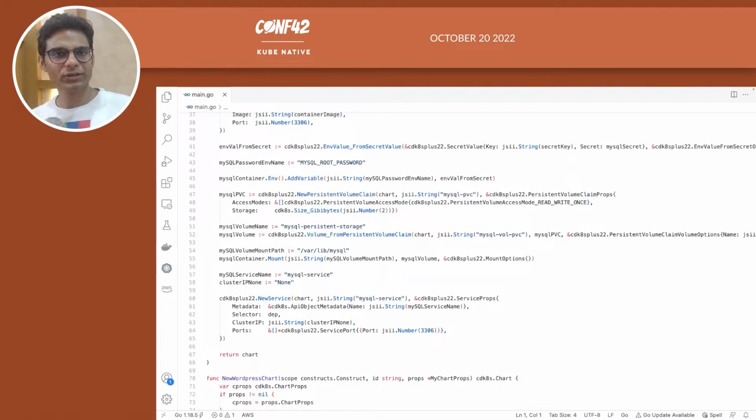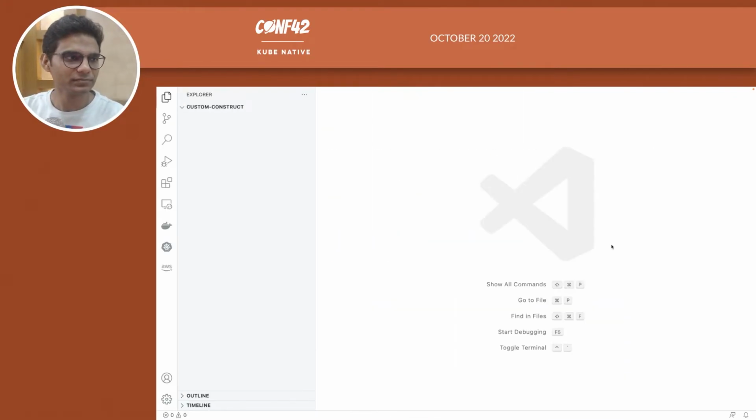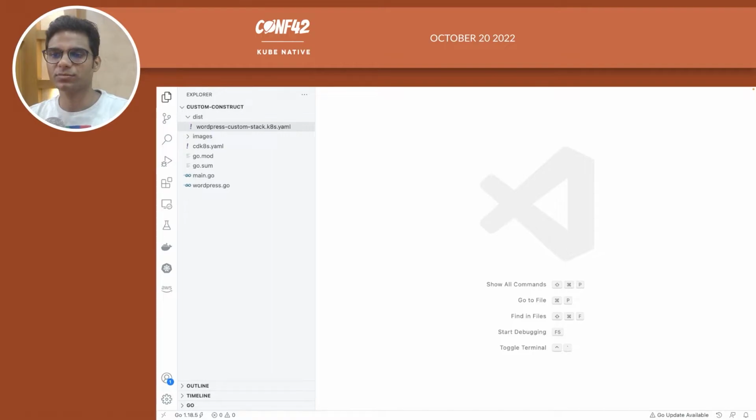What you can actually do is write this as a custom construct, a custom CDK construct, and then it will be usable as an artifact. It's a very, very simple reusable artifact which other teams can utilize. So let me show this to you as well. And for that, as usual, I'm going to hop into another project quickly and show you how a custom construct